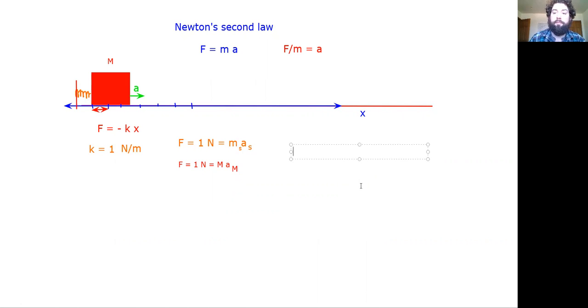So then we can make these two equal to each other. So little Ms times A is going to be equal to big M times A. And then we can divide those by each other. We'll call that A for the second one. Actually, I'll write that as an M for the big mass there, and that's for the standard masses. So then we divide them by each other, and then we have Ms over M is equal to AM over A standard. And so you can see here that